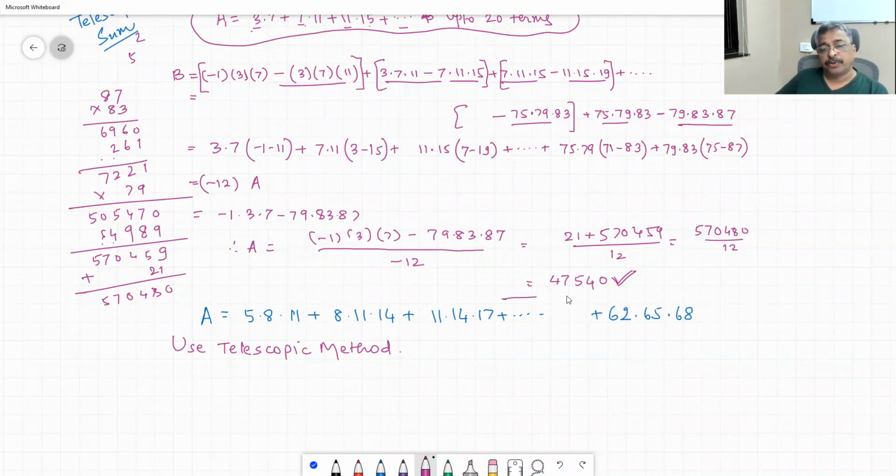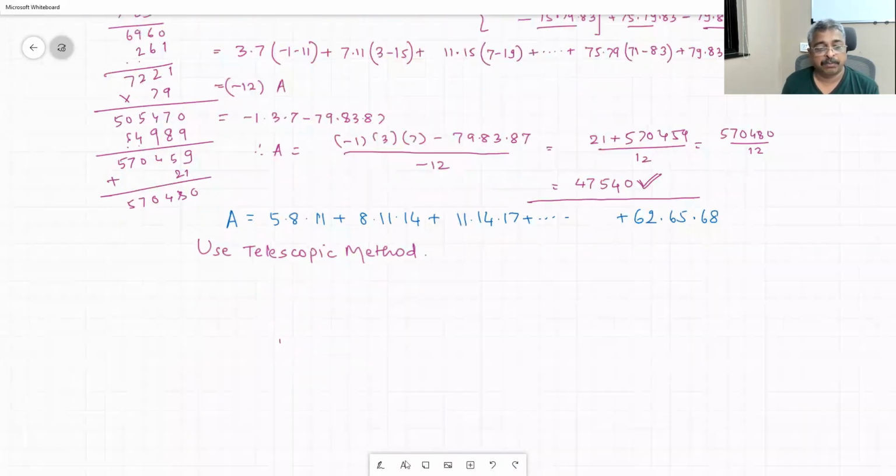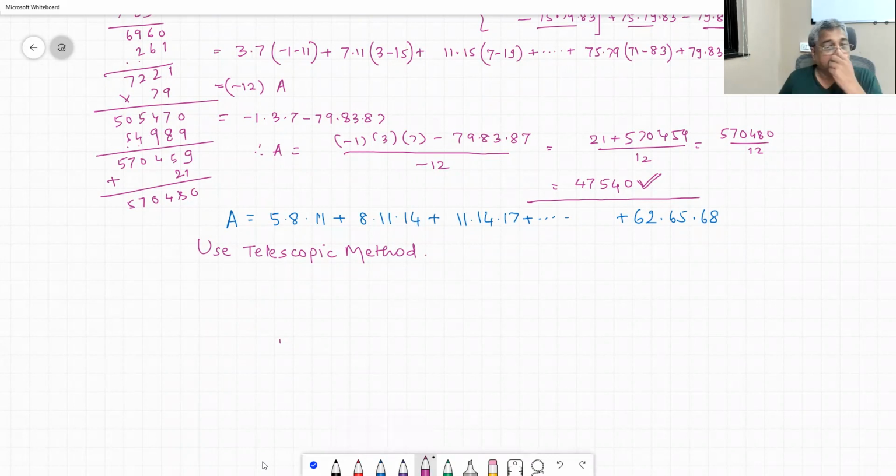Okay, so if you have understood this, do the second problem by the same method, which is the telescopic method. Try to do it yourself so that you understand what we mean by telescopic setup. If you take one number previous to the given number 5, the difference is 3, so you should start with 2, start writing B is equal to 2 into 5 into 8 into 11 minus